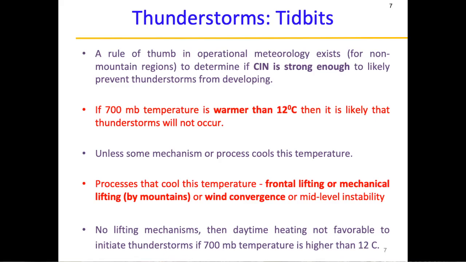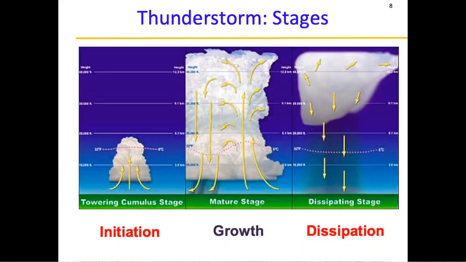Okay, this is the basic of a thunderstorm. Unless the CIN is broken, CAPE cannot kick in. So people only look at CAPE, people don't look at CIN, and that's not right. Because CAPE can only kick in after the convective inhibition potential barrier has been broken. So for that to break, you cannot have atmosphere at a much higher level at a higher temperature than the parcel, because the parcel cannot move up. This is a very, very important aspect which many people miss, and hence the predictions go haywire.